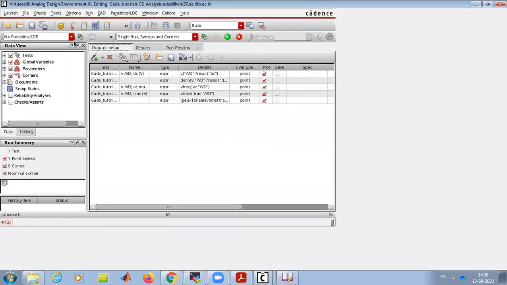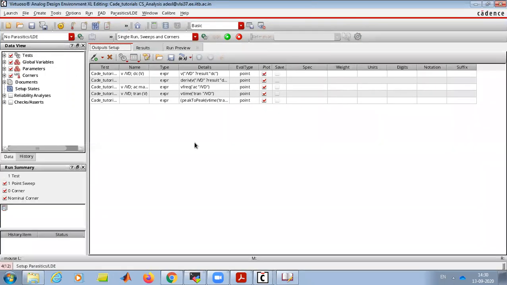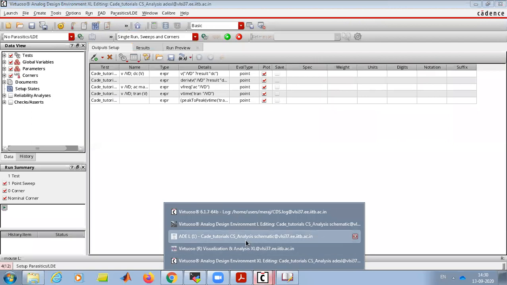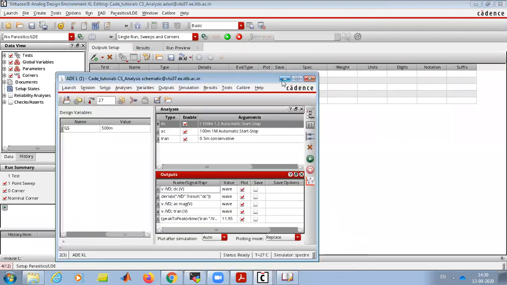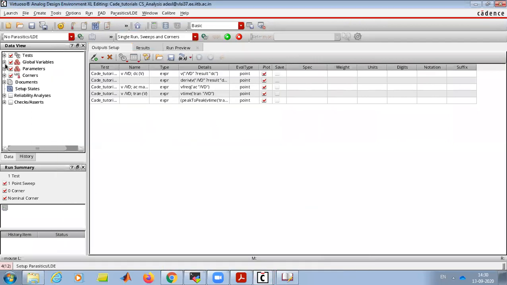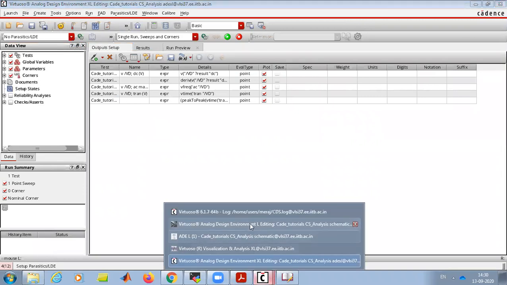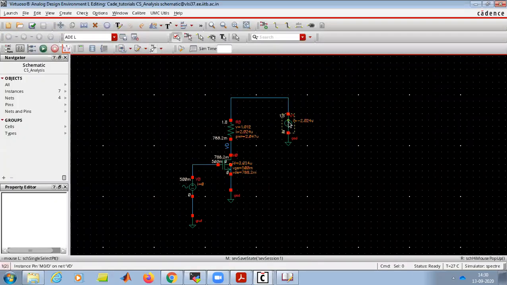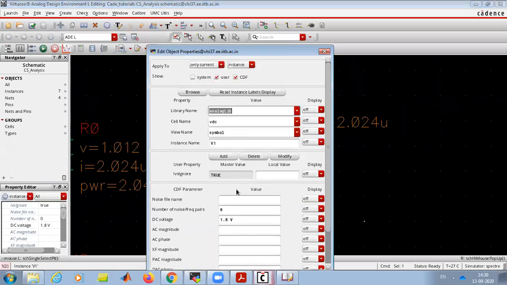What it has done is take the test from our saved ADE environment, and now we have the global option. We missed one thing: for supply variation, we need to add a variable called VDD.